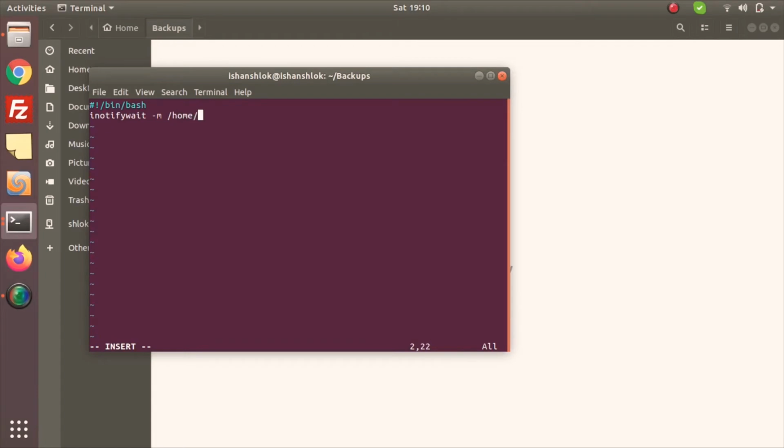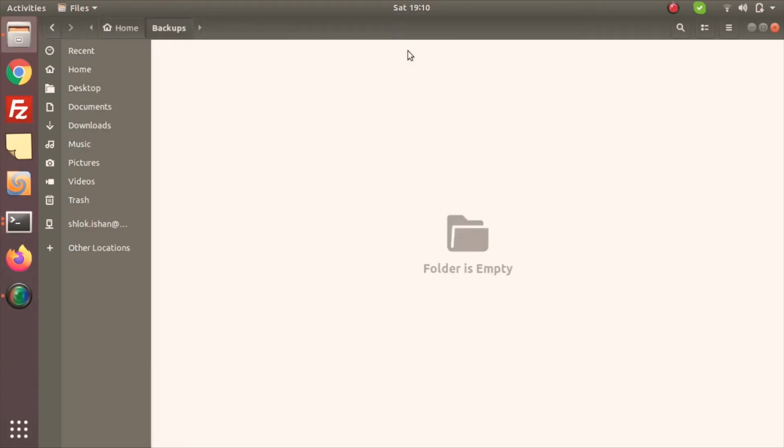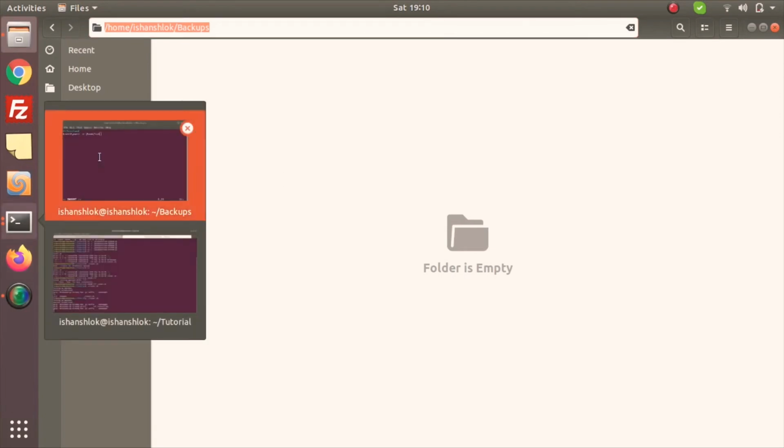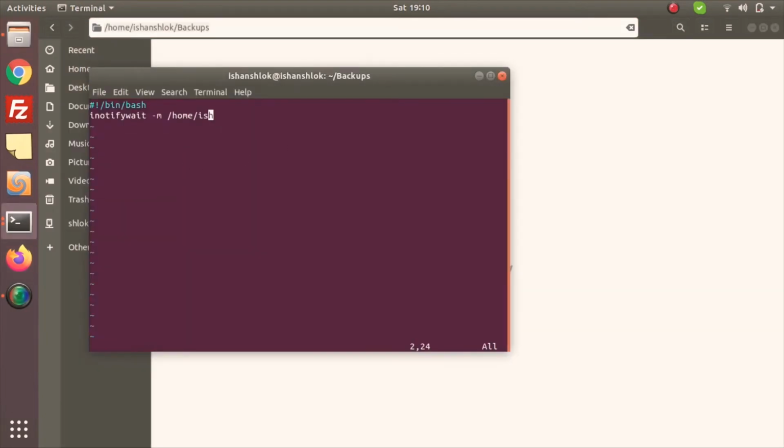After -m you have to give the path, which for me I'll just copy paste. Go to command mode, and yes, you have to press escape before pasting, otherwise you will have problems. Again, I have to go to insert mode.